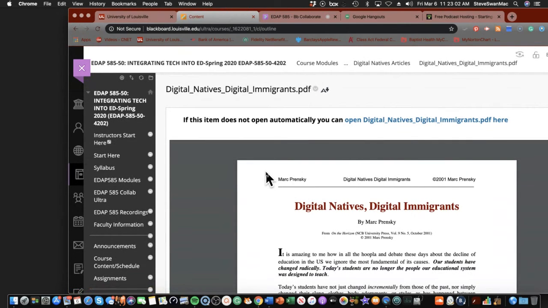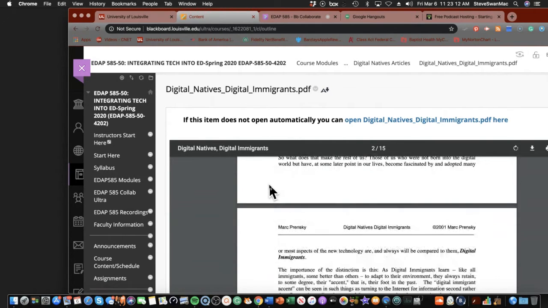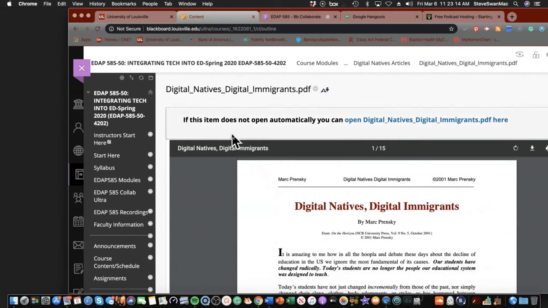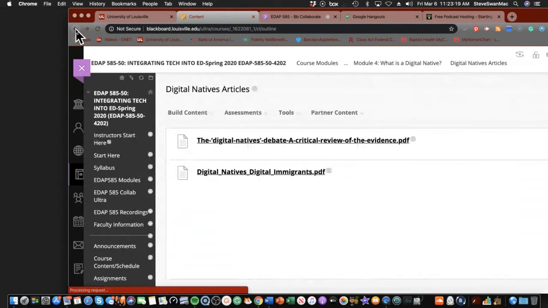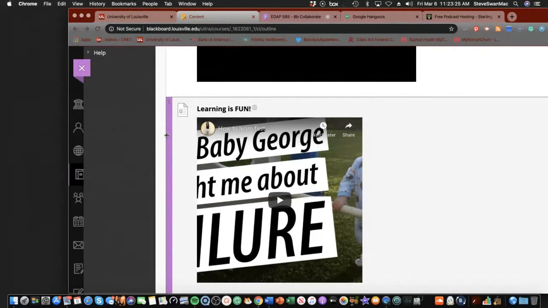Here's the one that Prensky wrote that came up with the digital native, digital immigrant. See if you agree or disagree. Do you think this premise of his still holds up? Do we still have this sort of dichotomy? I get very nervous around binaries. It's either this way or that way, because I don't think that that's really true. I think that there's always a little bit of both.